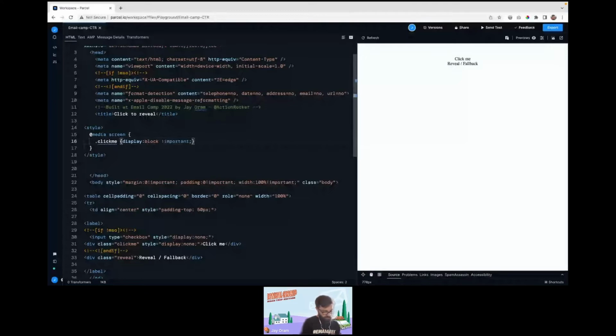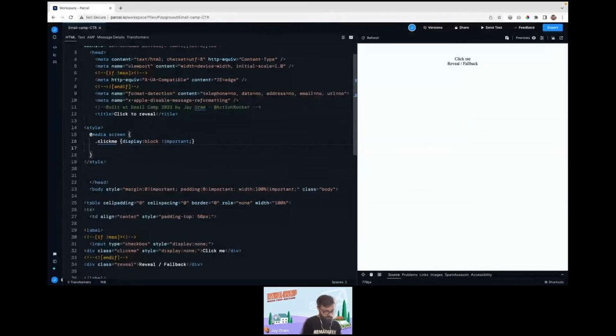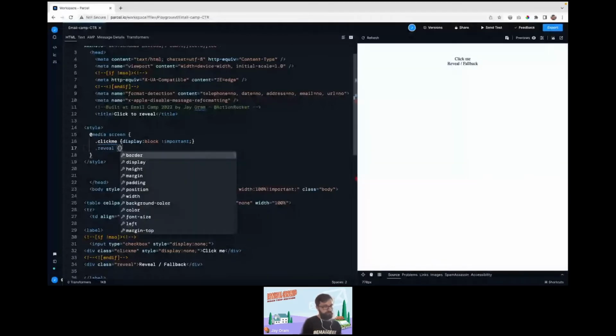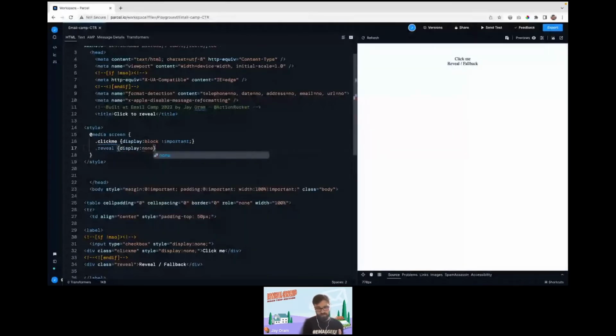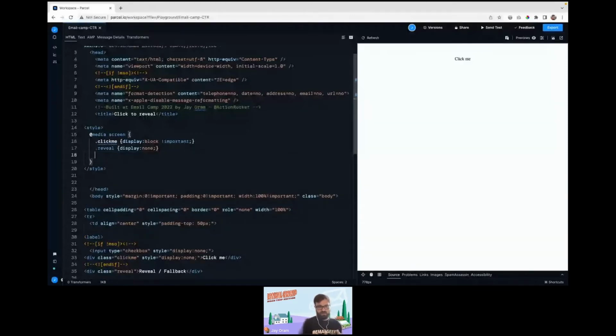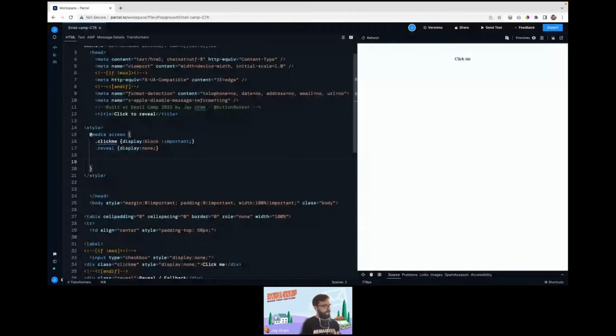And then on the next line, I'm going to hide what I don't want to see in the interactive version. So we're going to hide our reveal with a display none. There's no need for an important on this one because inline we haven't added any styles specifically to hide them. Next, we're going to add our interactivity. We're going to choose our input as a selector, which is the only input on the screen, that input that we have given a type of checkbox. So that's there. And then when it is checked, we want our